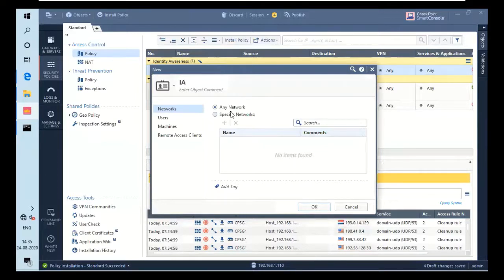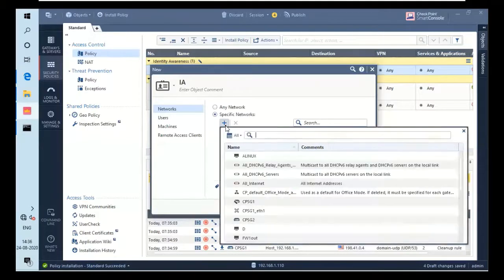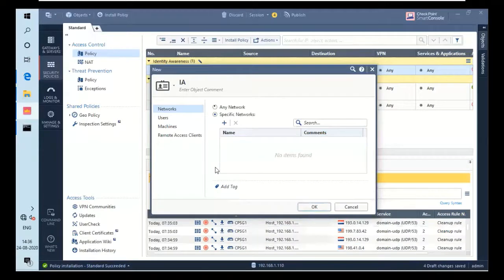So you can actually specify any networks. Any network means anyone which is going to access this to any destination. So I will specify a specific network, which you can specify it. Okay, so to specify a specific network, you have to check on this and you have to click on this small plus button, and it will open a window in which you have to add a network, basically. So you can do this. So I will not add it. I will go for any, so that everyone can access it from the any network, right?